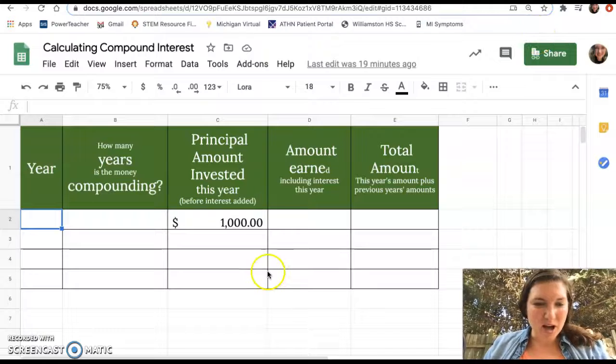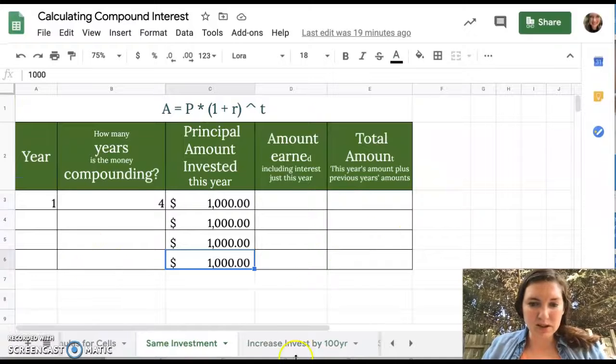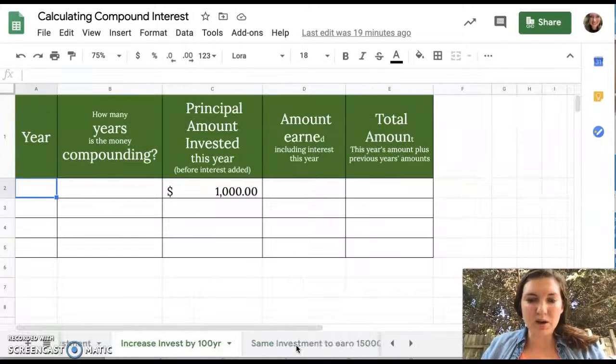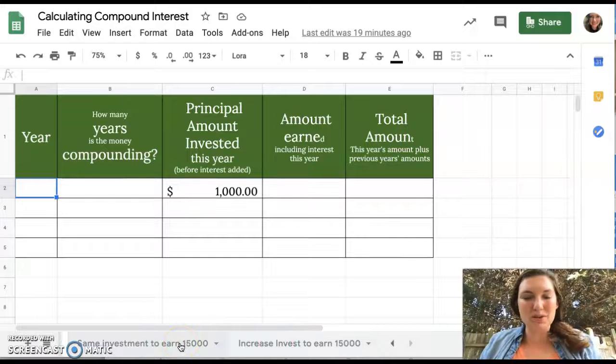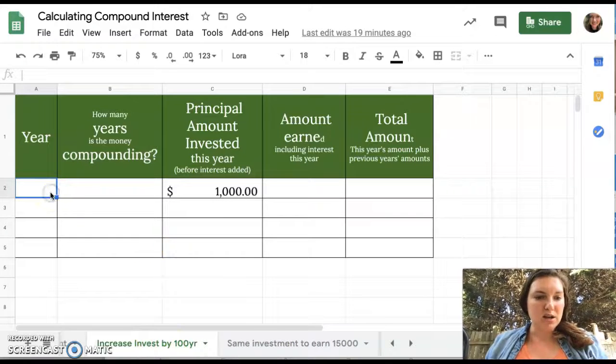Okay, so you guys did the first couple. Down here, you did the same investment. That's all filled in now. So now you're at increase investment by 100 years. This last video is going to go through these last 3 sheets, what you need to do with them. Okay, so what you need to do here is you're going to increase your investment by $1,000